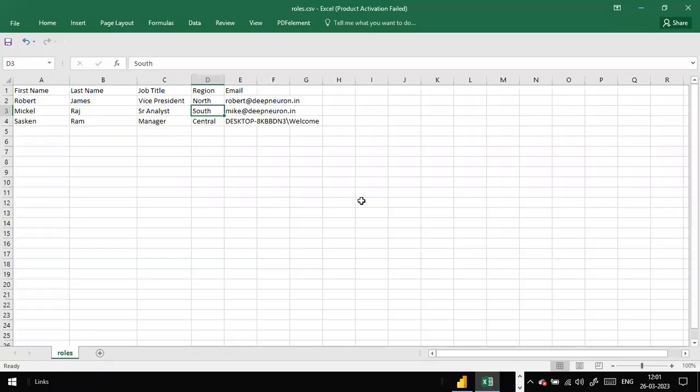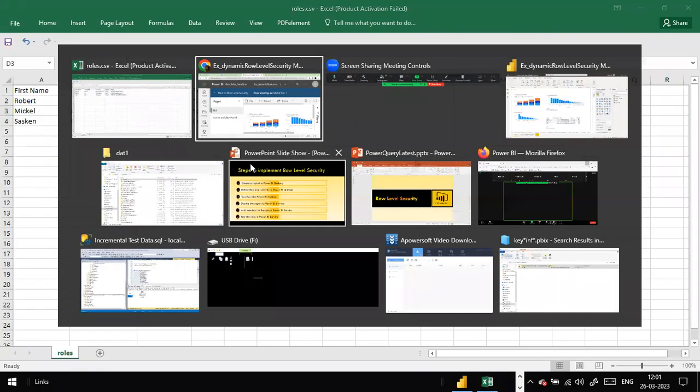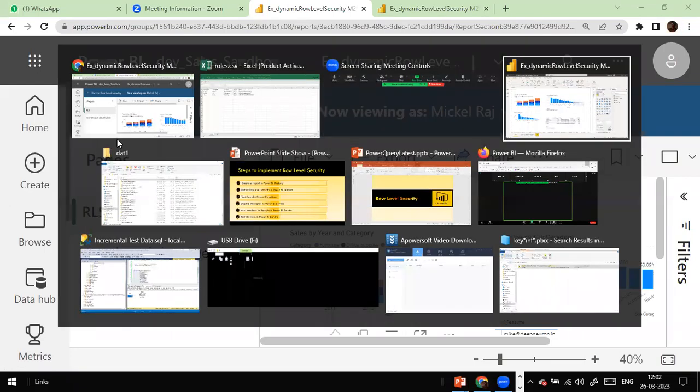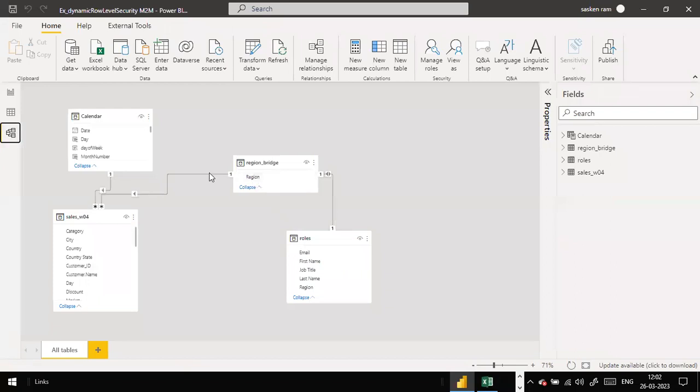So now the question is, how does it go and check the region automatically? That is because of the relationship. You have created a relationship based on the region. Region and region got mapped here, and you create the relationship with the region between those two tables. Again, here you create the relationship between region. All three tables have a relationship with the region columns. Hence,